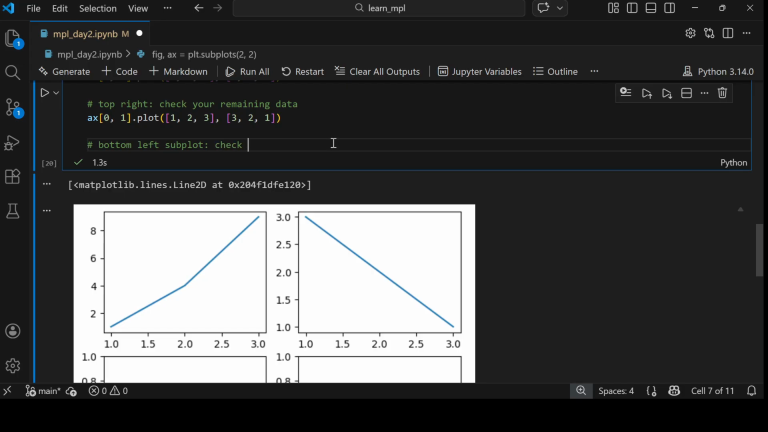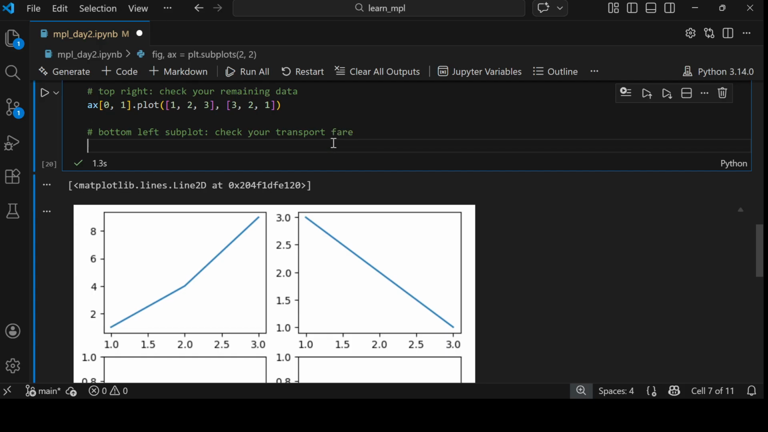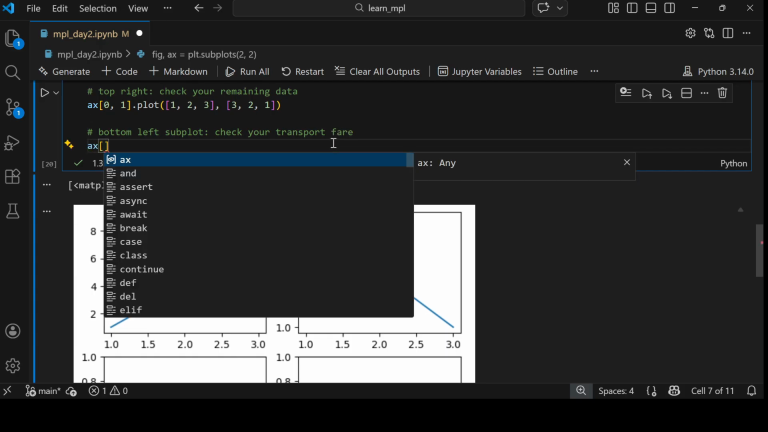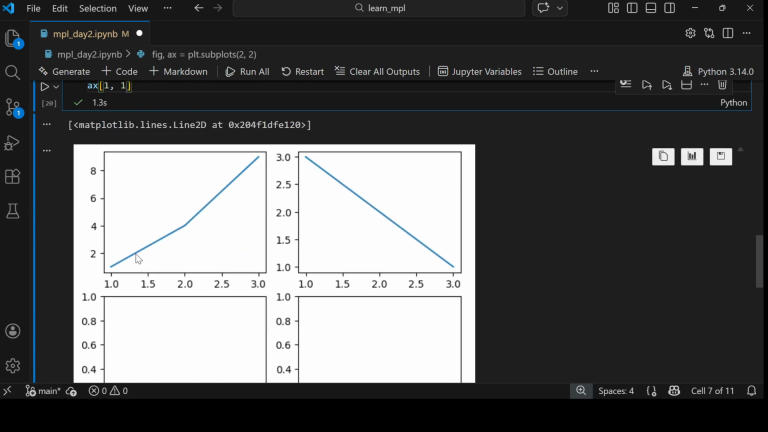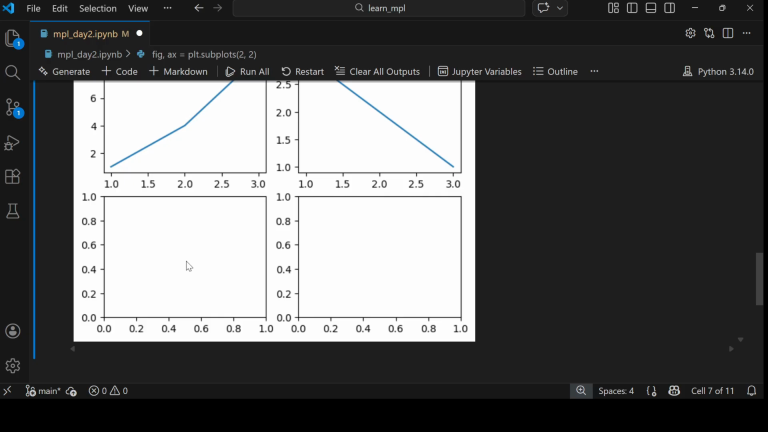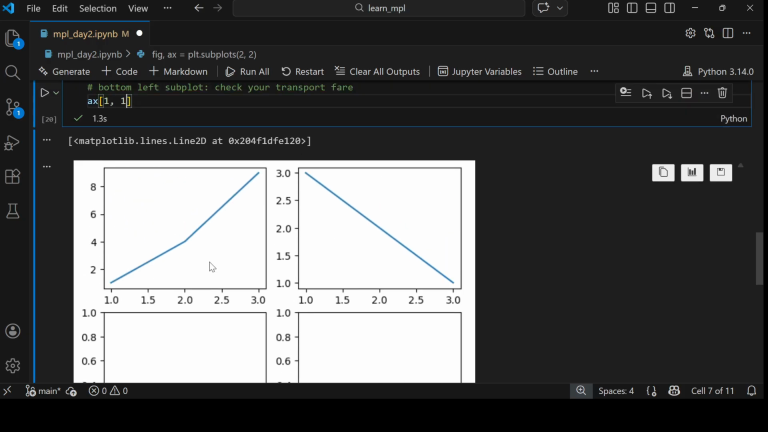So we want to check your transport fare. All right, so we have axis, square bracket 1 comma 1. This is how you get to access this bottom left subplot. All right,